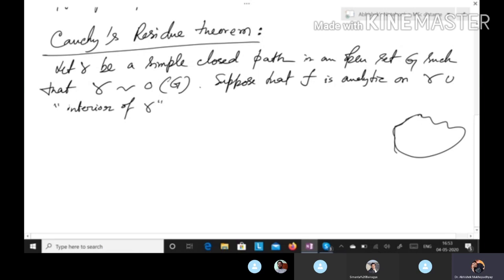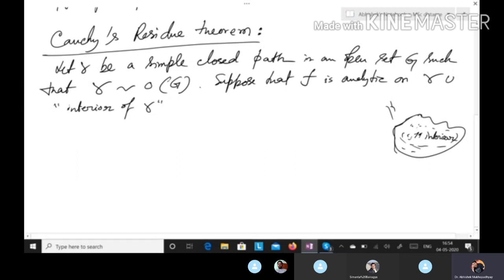Since it is a closed path, it will divide the plane into two connected components: one is the interior, another one is the exterior. This is the interior of gamma. So f is a function which is analytic on the trace union the interior of this closed path,